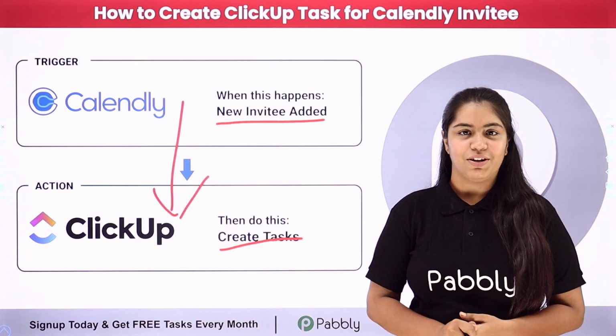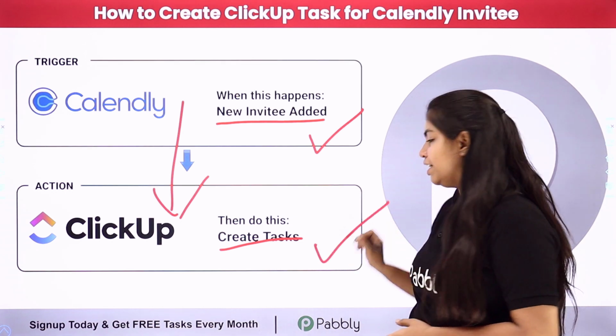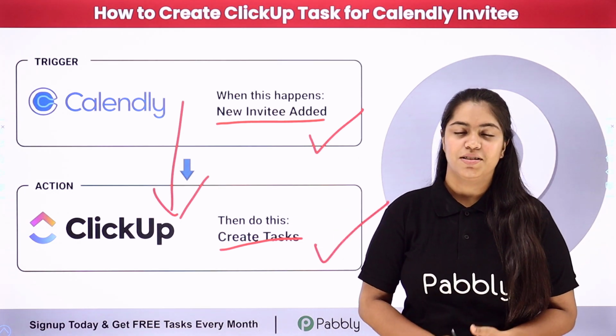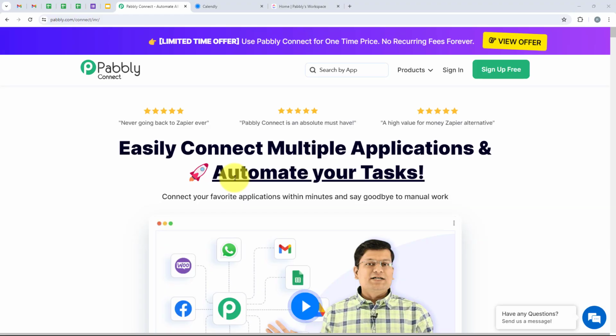So in Pabbly we have the concept of trigger and action. For trigger we are going to use Calendly, and for action we are using ClickUp. So if you also wish to learn this process step by step, follow me through the screen. Welcome to my screen. So as you know, in this video we are going to learn how to create ClickUp